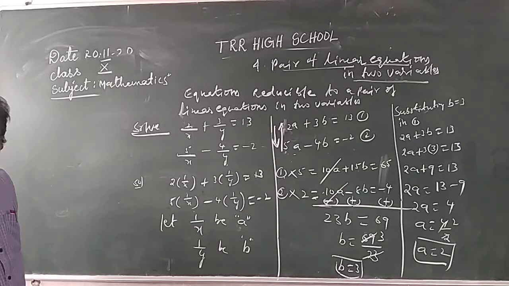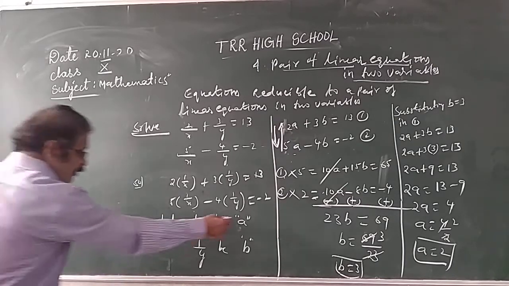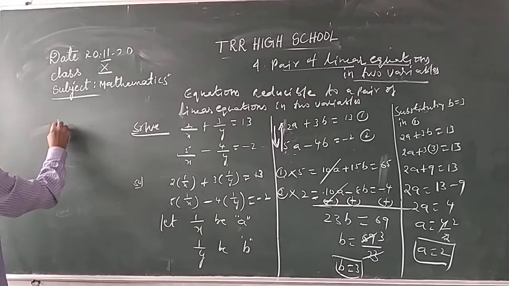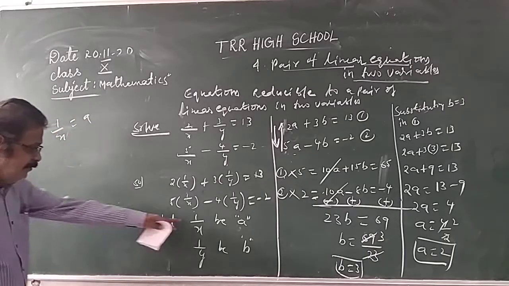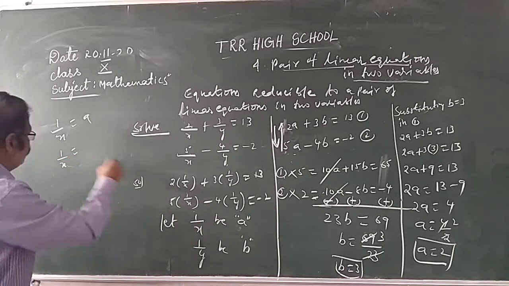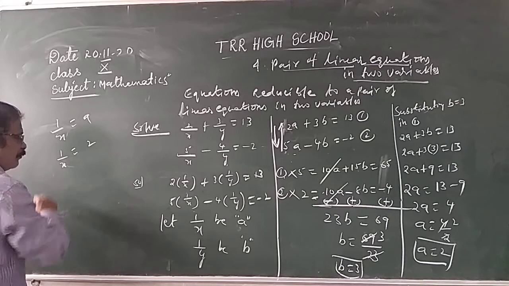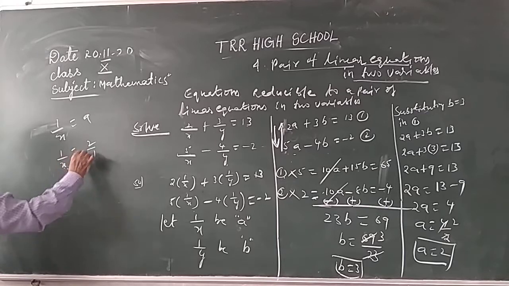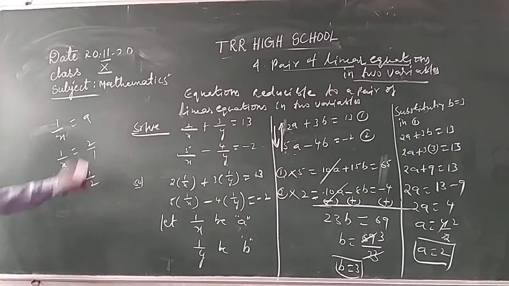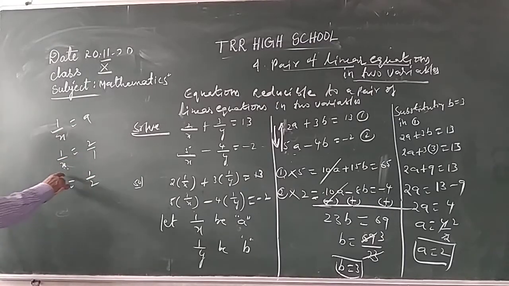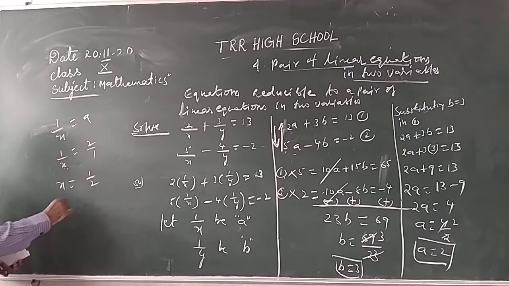We want the x and y values. Now a is equal to what did you say? 1 by x. 1 by x is equal to a. So 1 by x is equal to the a value, 2, which is 2 by 1. Reverse it. You want the x value. 1 by x interchange, x by 1, this is also reversed, 1 by 2. x is equal to half.